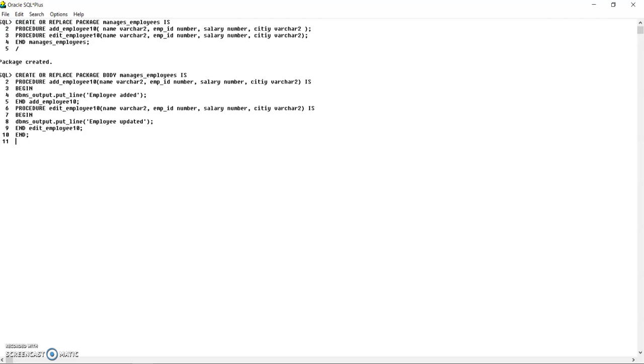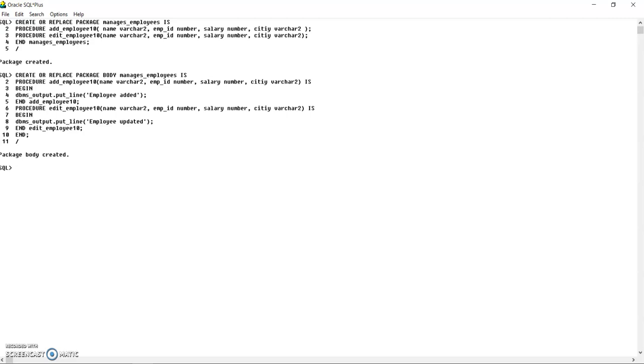I have not written any real code; I have just printed a message so that as soon as we invoke any particular procedure, you will get the message. So let's create the body of the package. Execute it. You see package body created.